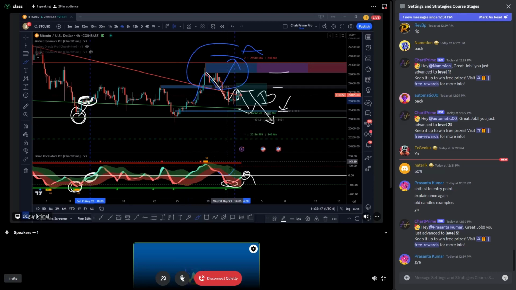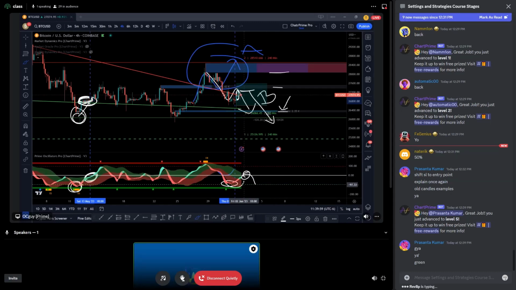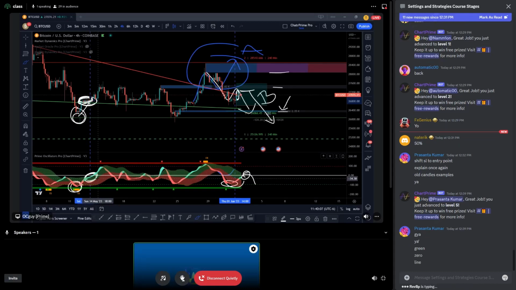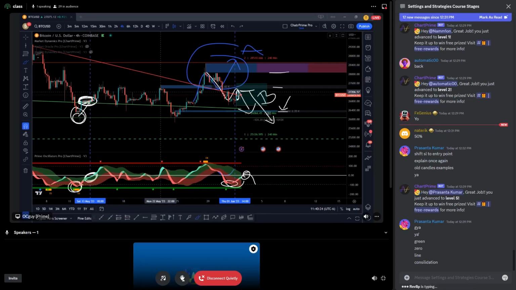All right. So now look at where we have the ribbon. Where is the ribbon right now? You let me know. Green, but not green. What am I just talking about in here? Yeah, yes, you're correct. It's green. Yes, exactly. At the zero line. Yes, you got it, Presenta. So right now we are almost at the zero line. So what are we expecting to see? We're expecting to see the same reaction or something similar, correct?